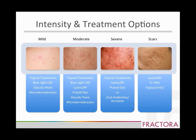Now, scarring acne does not benefit from topical treatments that inflammatory acne benefits from. The only topical that I do recommend for scarring acne, with or without treatment with laser, is vitamin C, because vitamin C is needed for collagen production, and so incorporating it into laser treatments and even without laser treatment is helpful. There is the option of using oral antibiotics and Accutane for moderate and/or severe acne, but you have